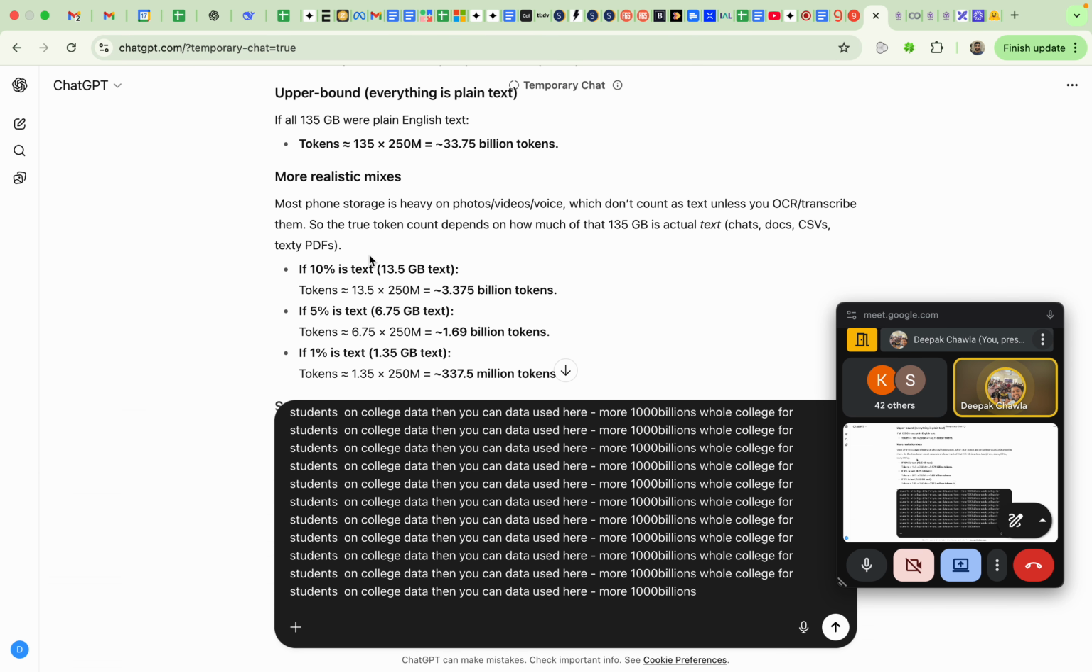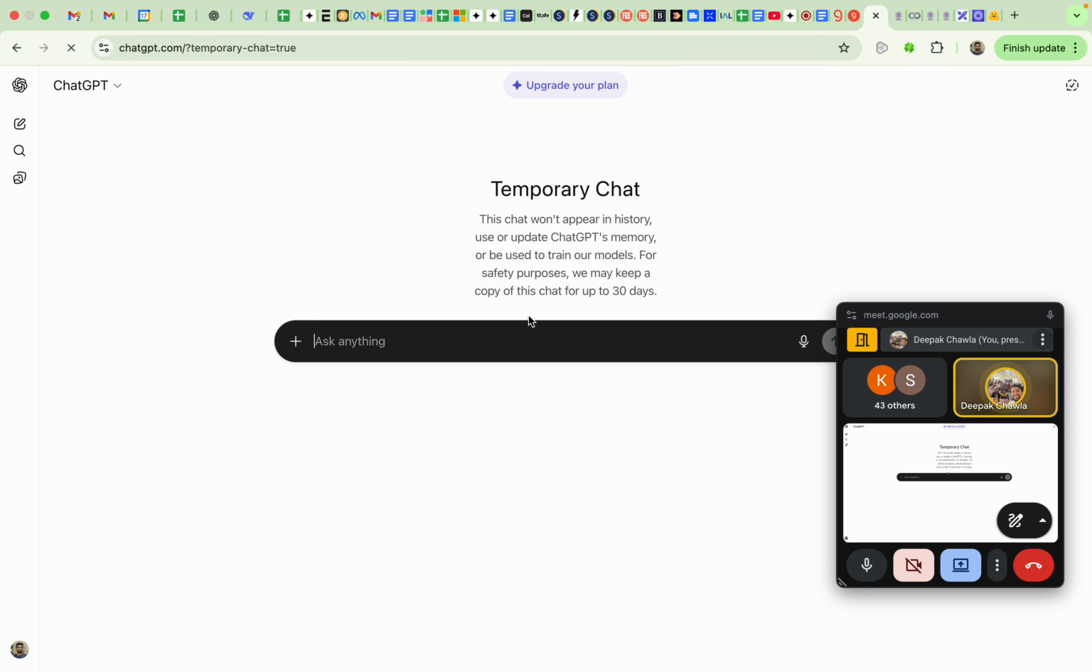Go to ChatGPT. Now I need a knowledge base of myself because I am building my own clone who can talk instead of me. So here I have to remove temporary chat because I want to use the memory of ChatGPT. Give me, I am creating a chatbot of myself, meaning Deepak Chawla. So I need a knowledge base of